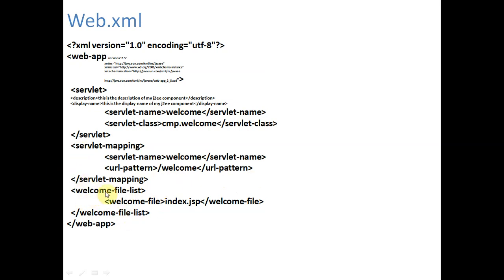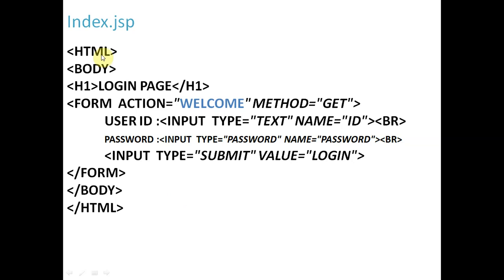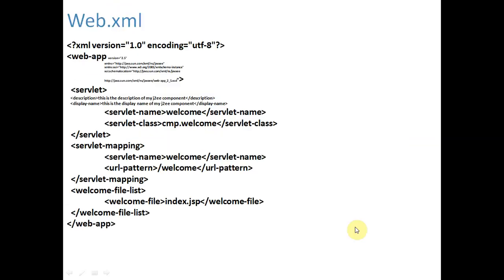And the welcome file list contains the welcome file index.jsp. So you can see here the first file is index.jsp. So this is the welcome file index.jsp, closed by slash welcome-file, and then the welcome-file-list is closed. Inside the welcome-file-list we write the welcome file, meaning this is the initial file. So the program will start with index.jsp.